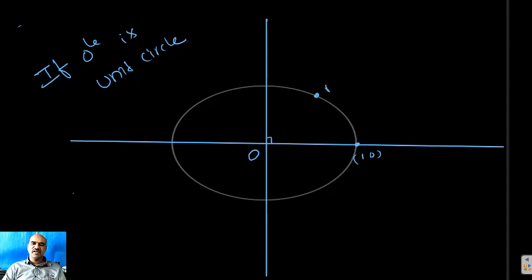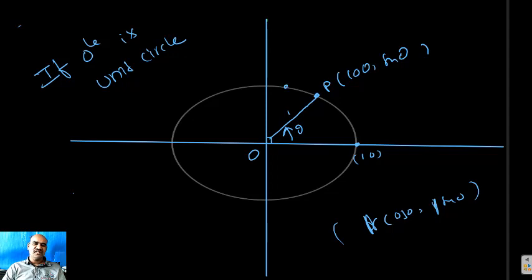For example, this is the point P and these two are joined. For example, this angle is theta. So this is 1. What can I write for the P coordinates? Generally, we write r cos theta, r sin theta. But now r is 1. So instead of r, I can write 1, and just write cos theta, sin theta.